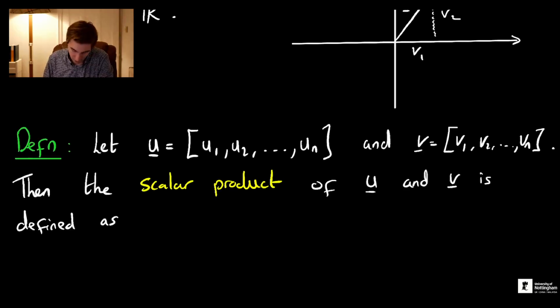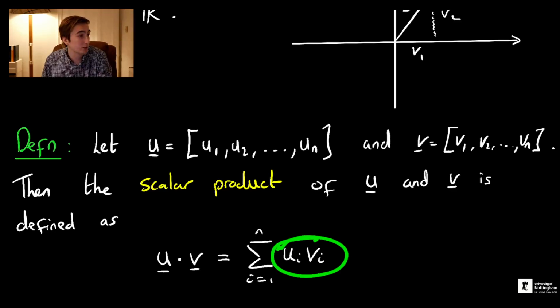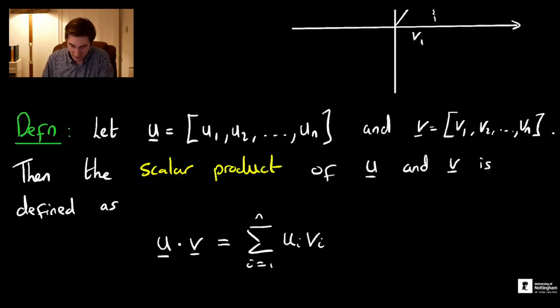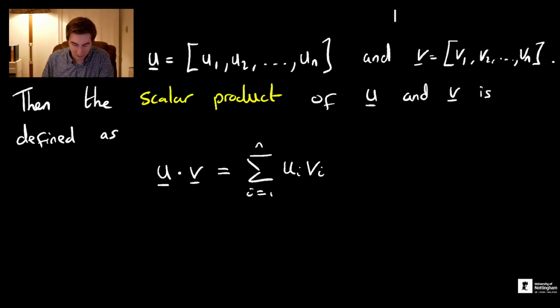We can write it as U dot V is equal to the sum from i equals 1 to n of Ui times Vi. So note here that this is the product that we define on the real numbers. That's the usual product of multiplying two real numbers, and this here is some new notion of a product between two vectors, which we call the scalar product. Now, why is that useful? That's particularly useful because